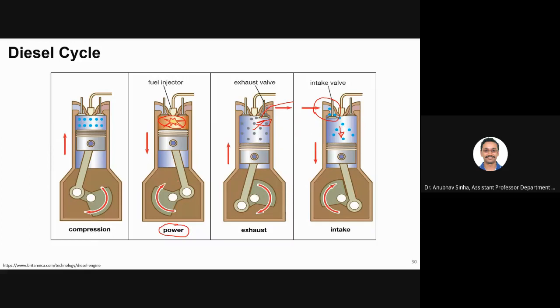When we talk about a cycle, when we are looking at efficiency and work done, a major difference is that the heat transfer is at constant pressure. For the Otto cycle, it was at constant volume. For the diesel cycle, it is at constant pressure. That is the major difference between the Otto and diesel cycles. We will look at that in the next slide.